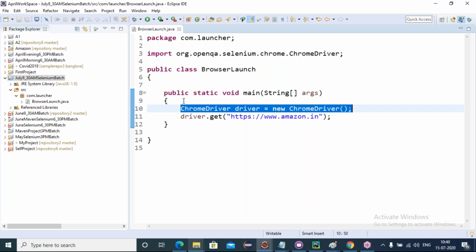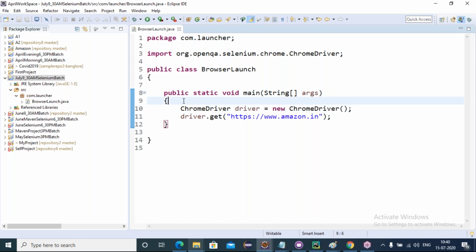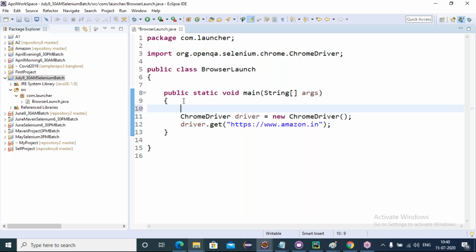I already configured my browser drivers of Chrome in system environment variables. That's why it was taking the drivers of that. In there, I configured Chrome driver as 80. Now the Chrome is 83, right? Which will not compile. That's why getting error. So now I'll show you how to set the drivers in a script.